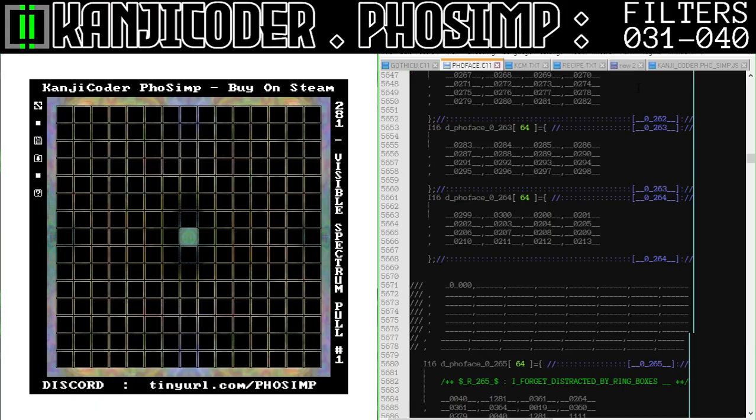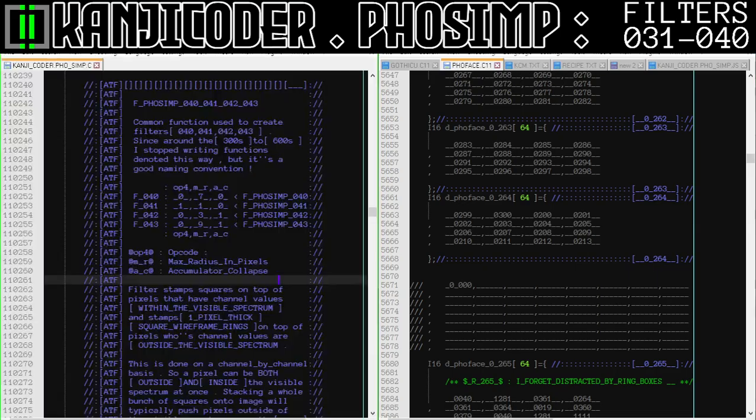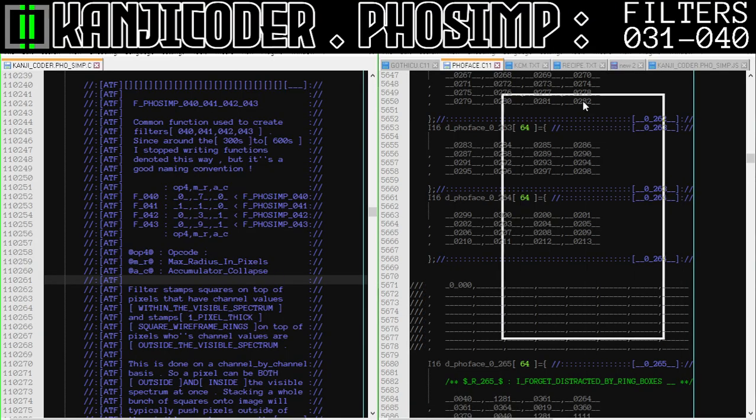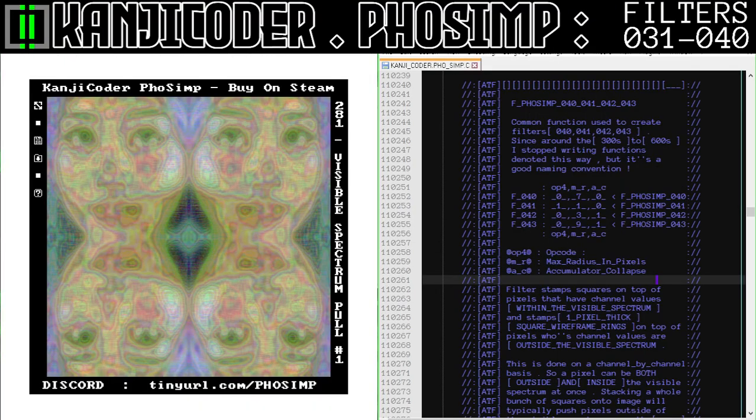I'm going to go into PHOSIMP. Where is PHOSIMP right here? Oh, I have two monitors open. Okay, I'm going to move this over here for a second. Okay, so PHOSIMP 1111. I've been using this a lot to kaleidoscope things,